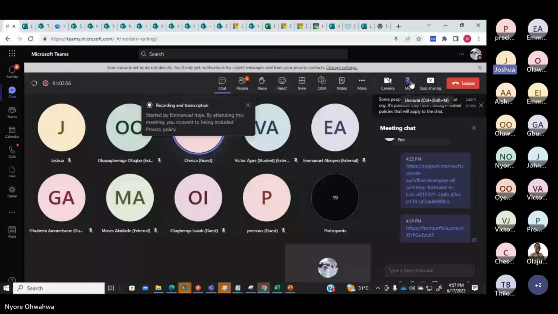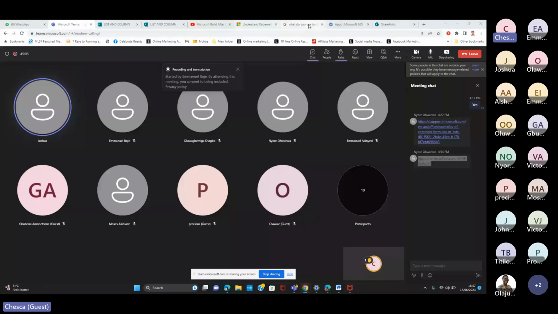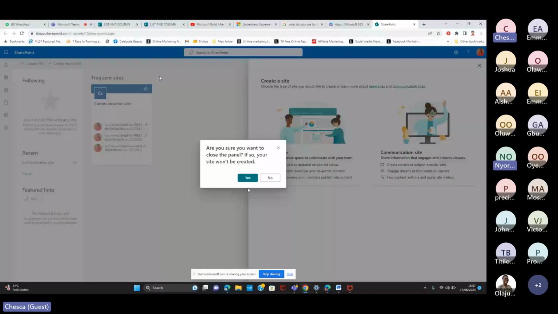Please, you can share your screen. Let's see what challenge you are having. Can you see my screen now? Yes. Trying to create a list here now. So what do I do? It says, are you sure you want to close the file?